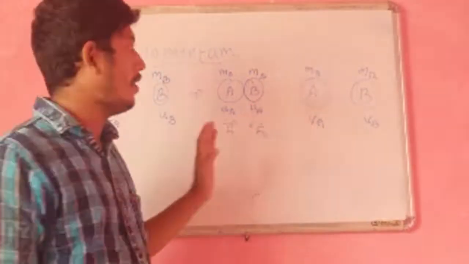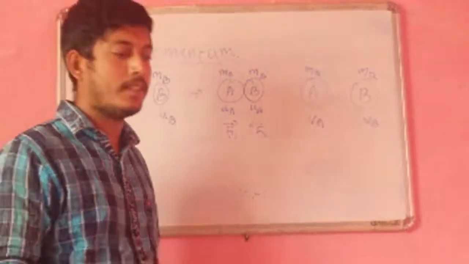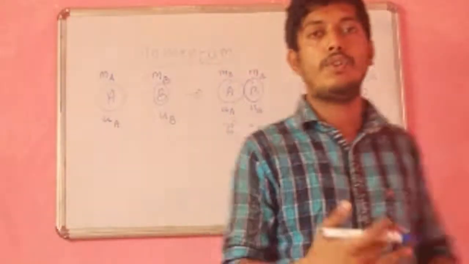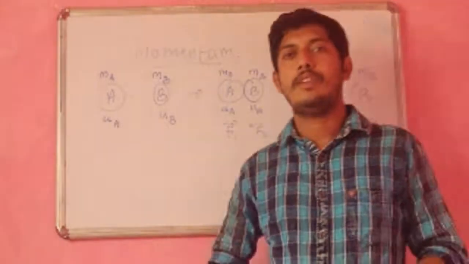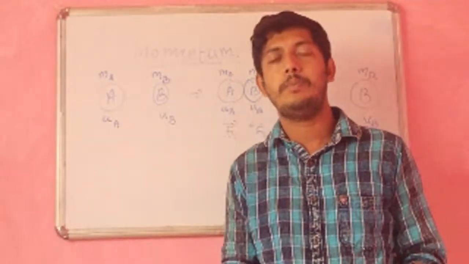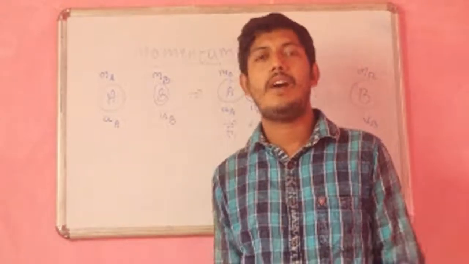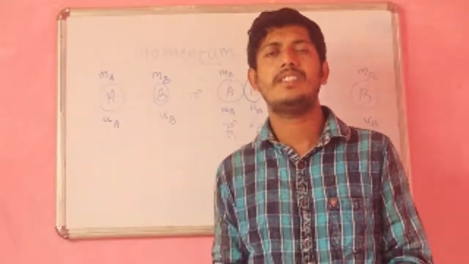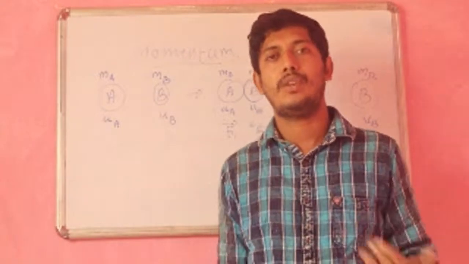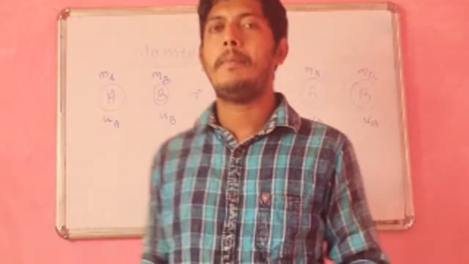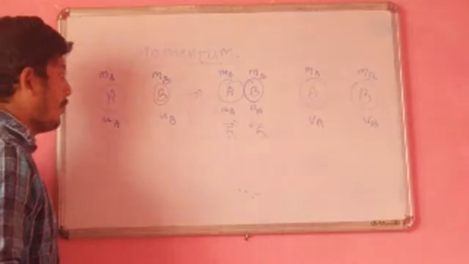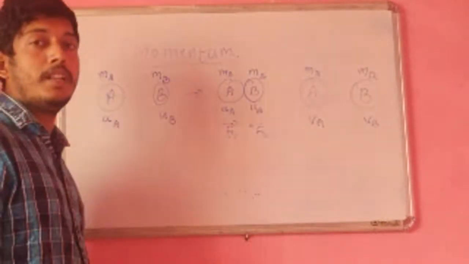Okay. So now we have to find out the expression for conservation of momentum. According to conservation of momentum, the momentum before an event is the same as the momentum after the event. Momentum is the product of mass and velocity. So therefore, the momentum before collision,